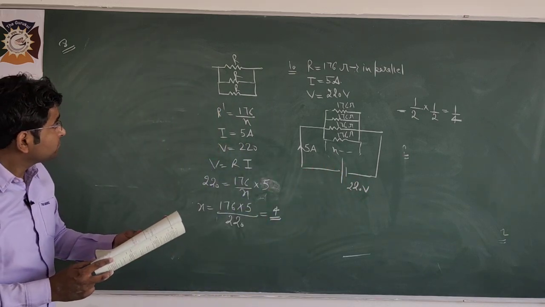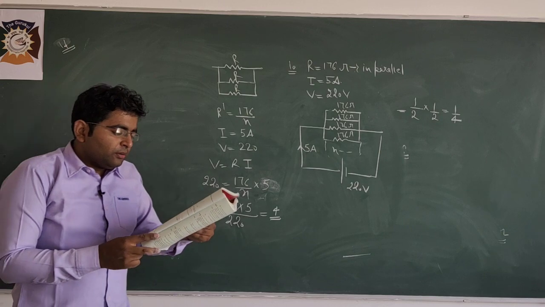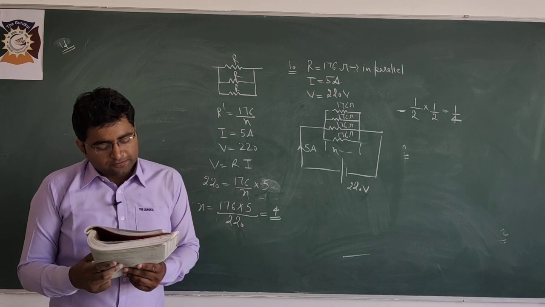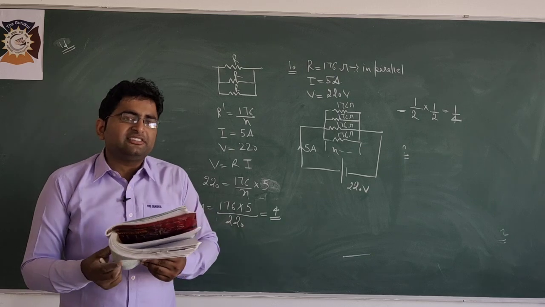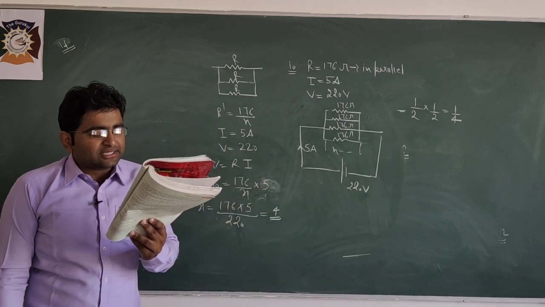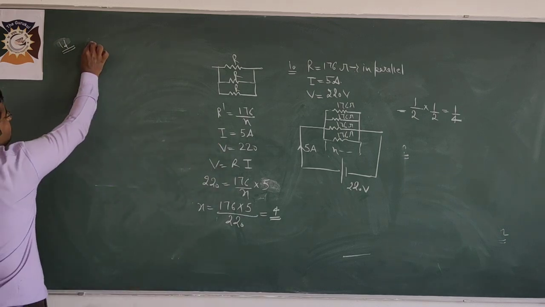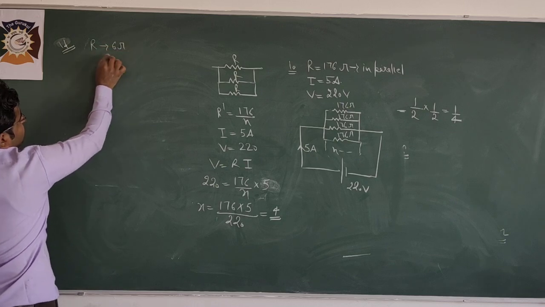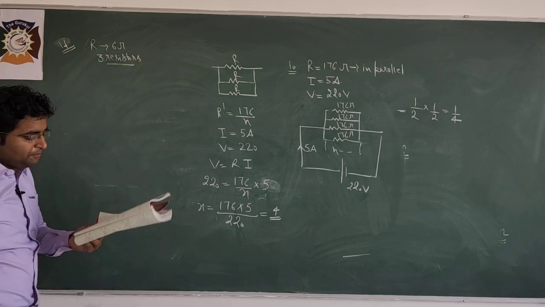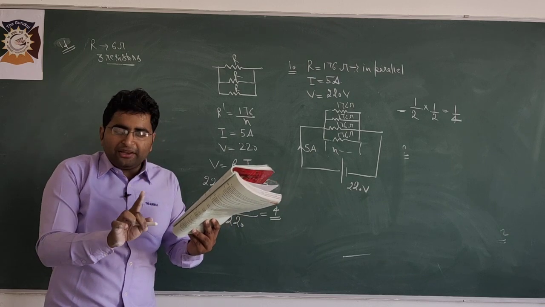Okay students, now question number 11. Many times CBSE has asked this type of question. You have to combine the resistances to make the resultant resistance. Look, show how you would connect 3 resistors, each of resistance 6 ohm. What is the value of each resistance? 6 ohm. 3 resistors you have been given. And you have to combine these 3 resistors to make 9 ohm and 4 ohm.